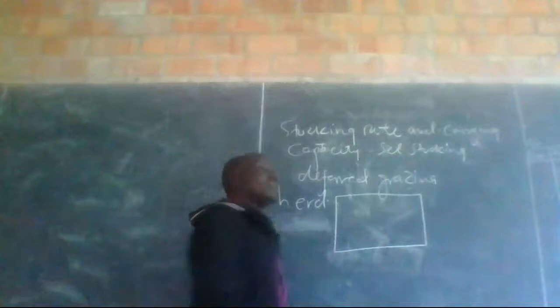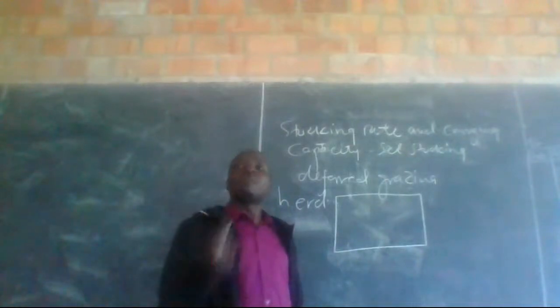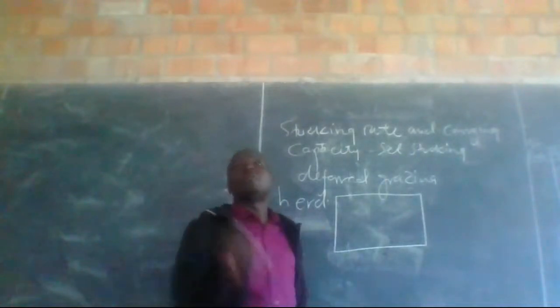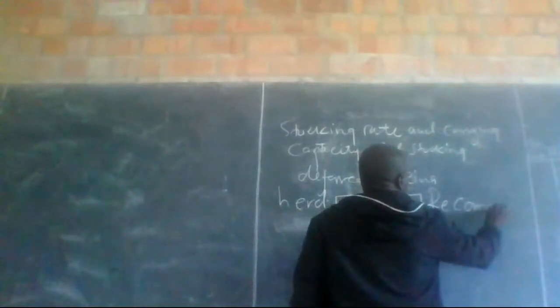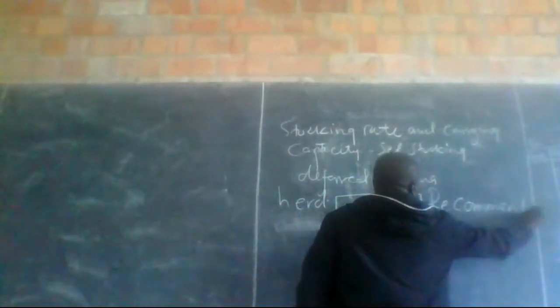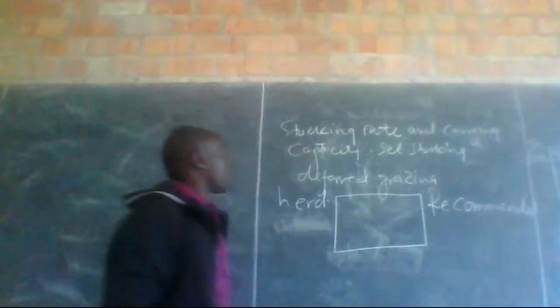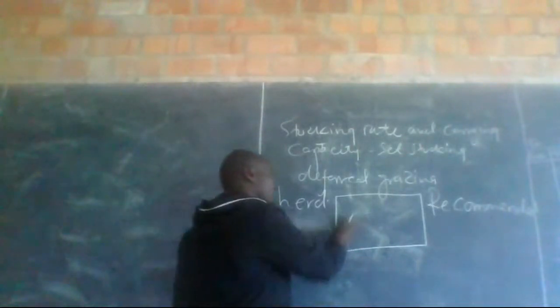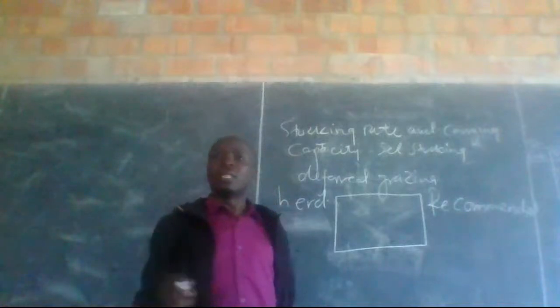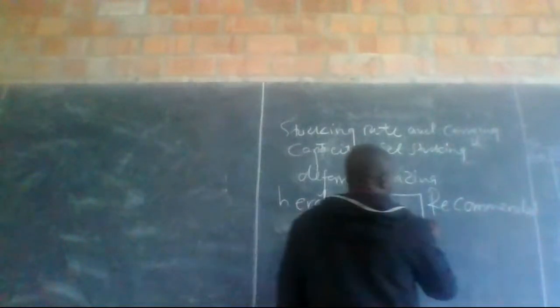How many animals do you keep here? How many animals are you supposed to keep here? What you call recommended. Stocking rate: the animals that will be grazing here. While grazing, they should not need to